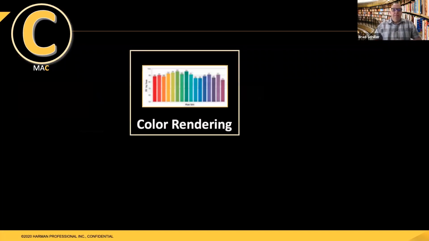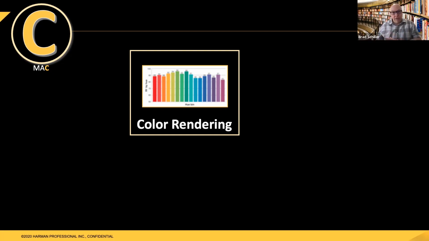In the C, I really like to talk a lot about color rendering. If you've seen me talk in other sessions or live at Martin Road Shows, you know color rendering is a very important thing. It is a metric to describe how well a white light source will allow the reproduction of color based on the source's spectrum. In other words, if I have a white light, the color rendering is a metric that tells me how well that white light is going to allow various colors to appear. It's a really important metric that we all need to understand.